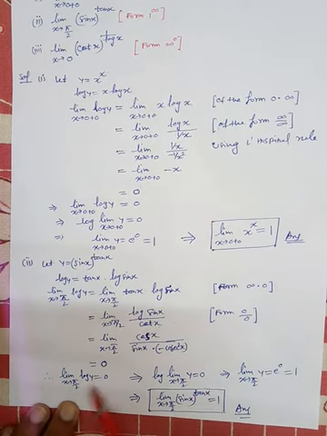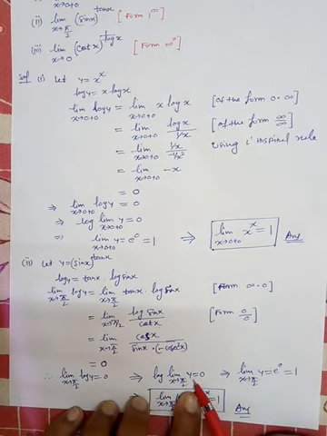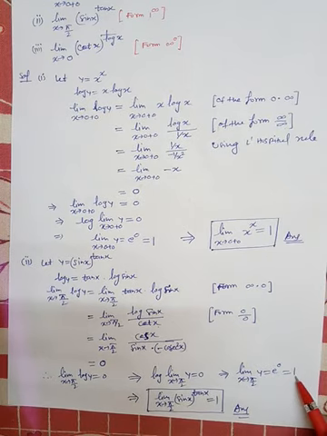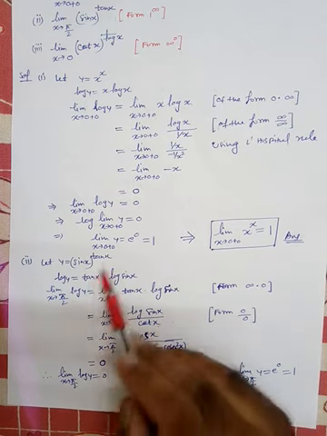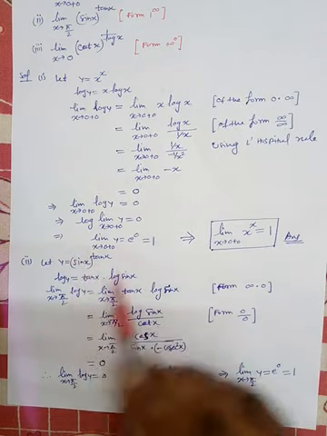Now this can be written as log of limit x tending to pi by 2 of y is equal to 0. Taking the anti-log, limit x tending to pi by 2 of y is e raised to the power 0, which is 1. So limit x tending to pi by 2 of sin x raised to the power 10x is 1. So 1 is the limit of this function.